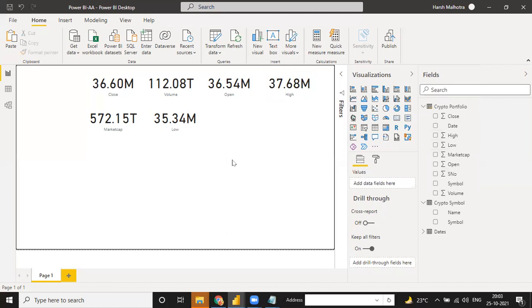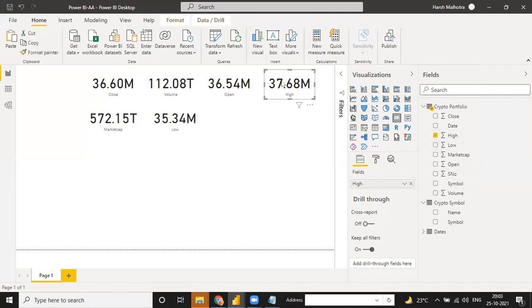So before calculating any analyzing measure, we have to make our measure part strong. Strong means we have to make all the measures into explicit measures. Explicit means we have to make all these measures: close, volume, open, high, low, market cap, into explicit measures.